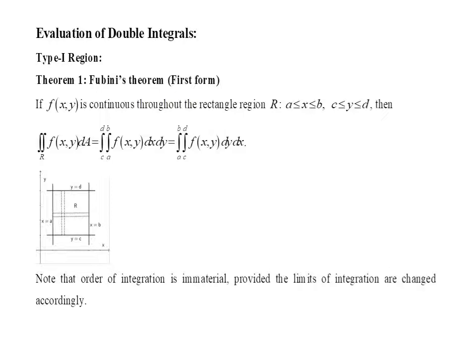Suppose y varies from c to d and x varies from a to b. So the integral over y equal to c to d and x equal to a to b of f of x y into dx dy, or we can write x equal to a to b and integration of y equal to c to d of f of x y dy dx. So for the order of integration here, you can integrate first with respect to x or y, or with respect to y or x. In the case where x and y limits are constants, f of x y is a continuous function throughout the rectangular region R. So in this case, the order of integration is immaterial, provided the limits of integration are changed accordingly.